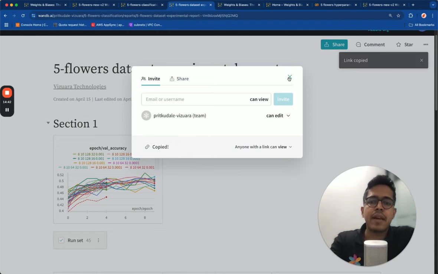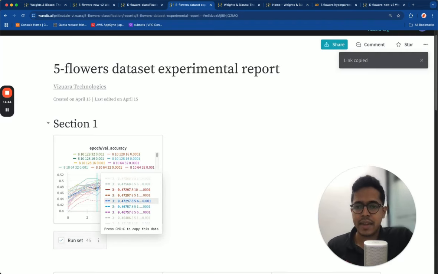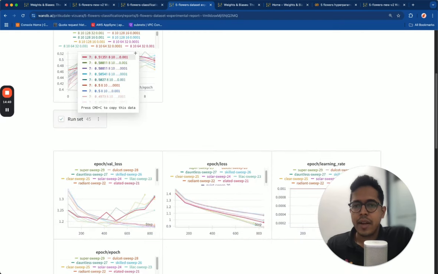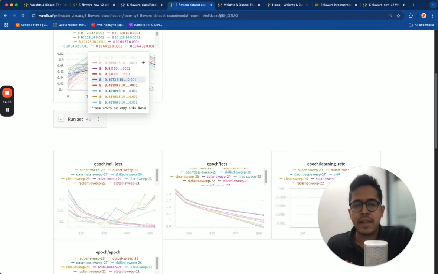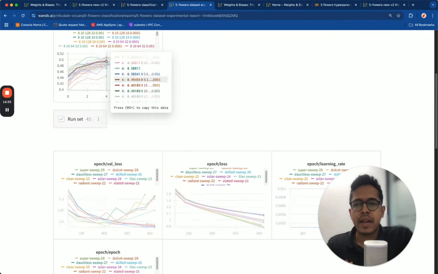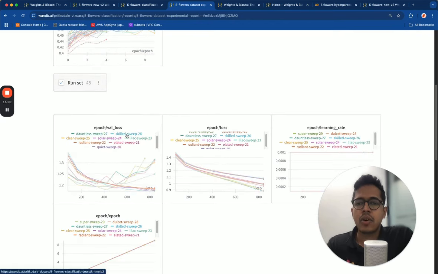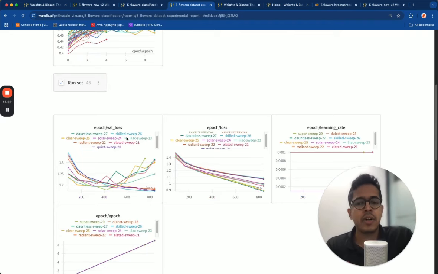So this is a great way, and this is our interactive graph. This is not even static. So they can hover over this graph and see all the things. And here, when I hover on one graph, it highlights the corresponding experiments in the other graph. Do you see that? When I'm moving my mouse pointer, it's highlighting the corresponding experiments, not just in this one graph, but in all the other graphs, because all these are different graphs for the same set of 45 experiments that we